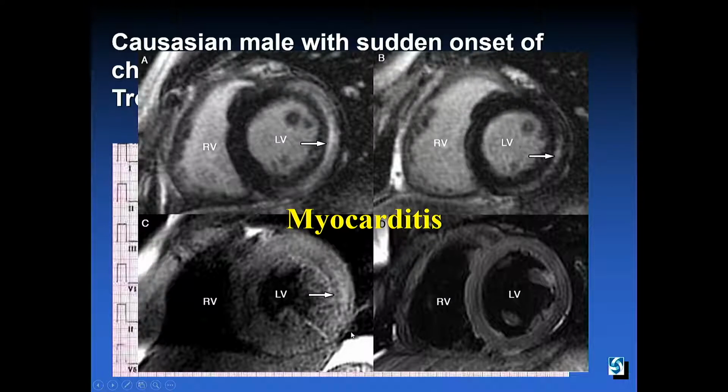The MRI in this case verified it, and actually not only verified it, but also gave some clues about the subtypes of myocarditis. So on the left panels are when he first got admitted to the hospital within a day or two. On this MRI, by resting assessment of the myocardium, you can see that there's a tremendous amount of late gadolinium enhancement in the epicardium of the lateral wall. It spares the inside, so this is clearly not an infarction, but